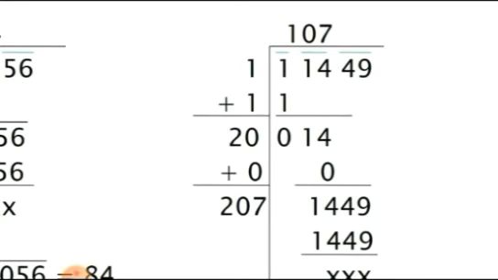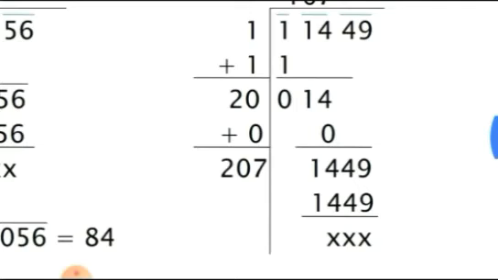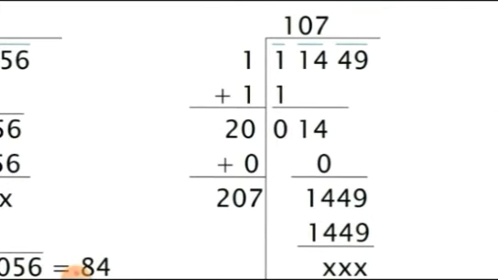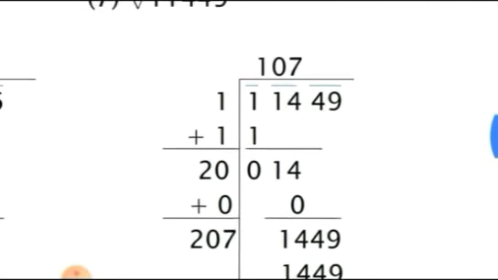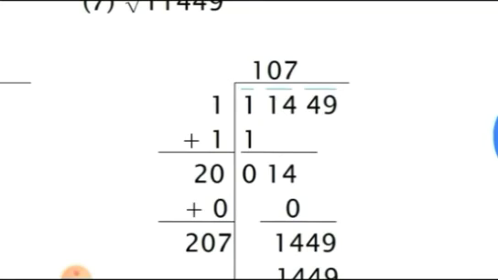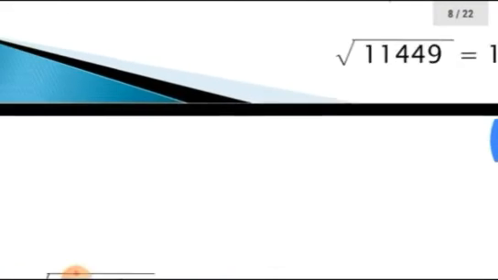11449. Here 3 periods. 1 period is 49, 14 and 1. 1, that means 1 time you divide. Quotient also 1 and divisor also 1. 1 time. Then 1 plus 1 is 2. Bring down 14. 14, that means if you put 0 here, why? Because 14 is less than 20. Then 0 time 0 right here also, then 0 plus 0 also here, that means 20. Then after you bring down 49, then 7 times. The square root of 11449 is equal to 107.